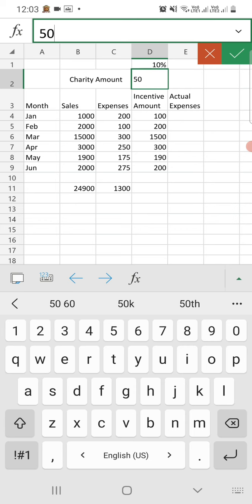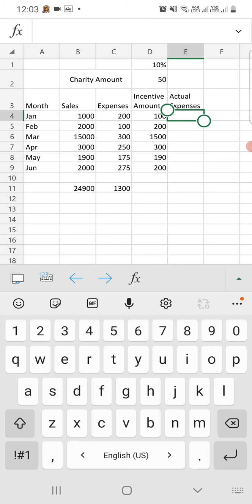Click on the cell E4. Now we need to calculate the actual expenses, so we need to write the formula in the first E4 cell. What is the formula? Equal to $C4 minus D$2. That means the first cell, $C4. $C means the column C will be fixed, but the row, that means 4, 5, 6, 7, will be changed.